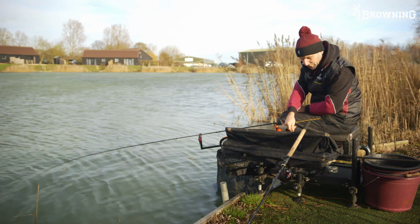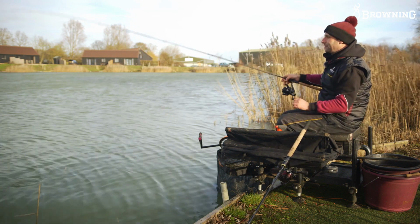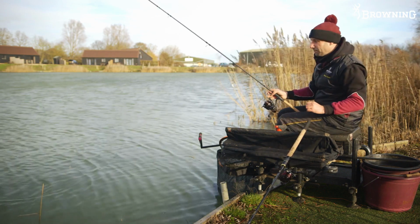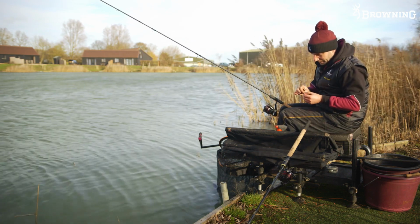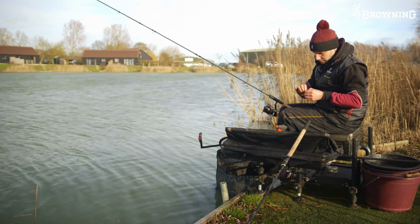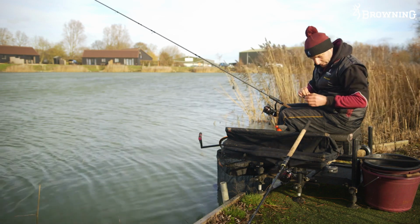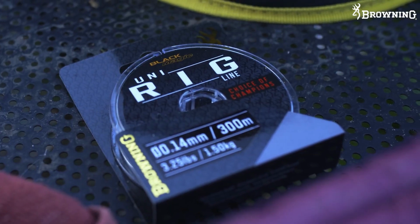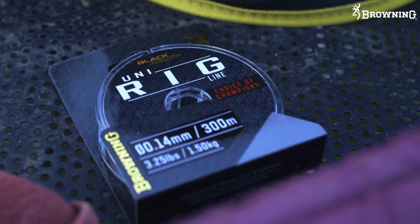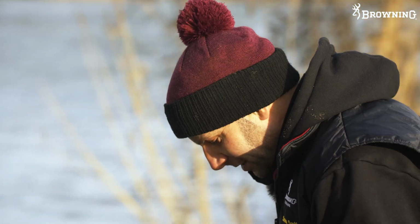Obviously, being a commercial, the fishery rules state no braid and running rigs. So as I mentioned earlier, we are using a few new items from Browning. Uni reel line there, can't fault it at all. It sinks well, it's absorbent resistant. At this distance,